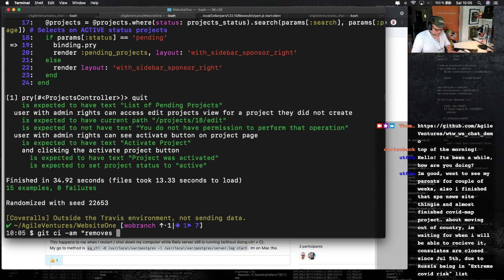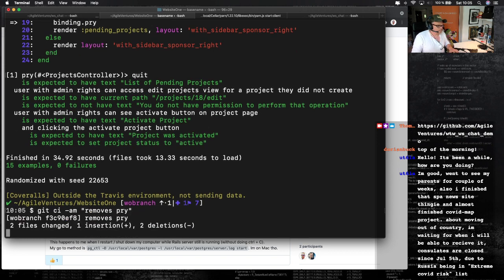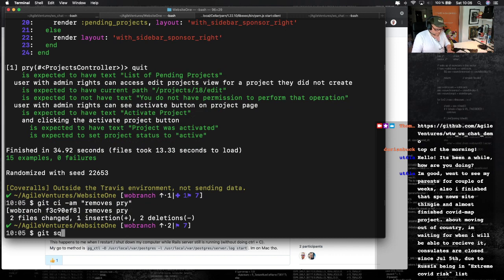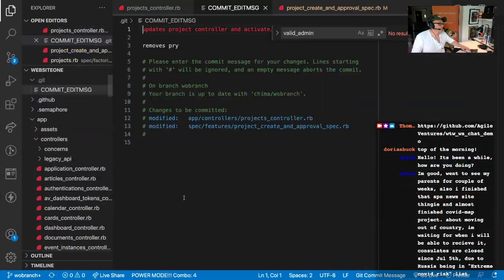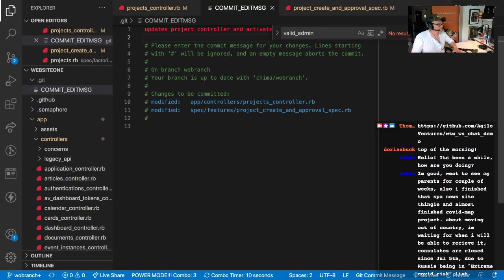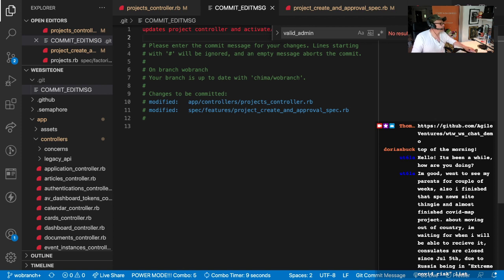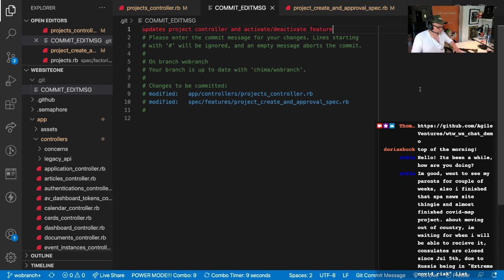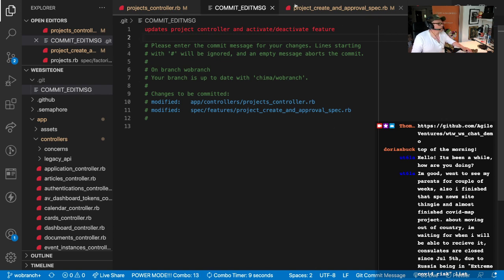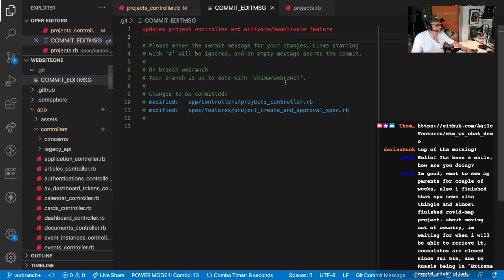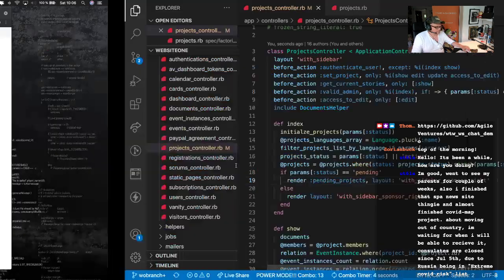Just try git squash 2. There we go. Close this. Right, so we should